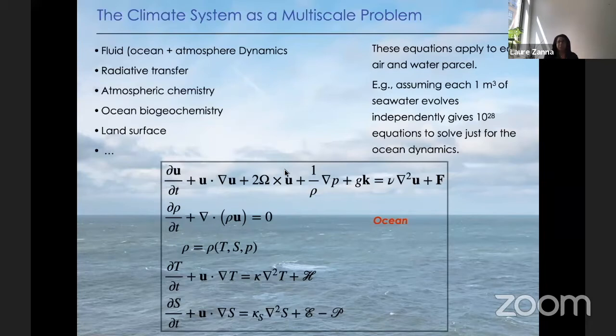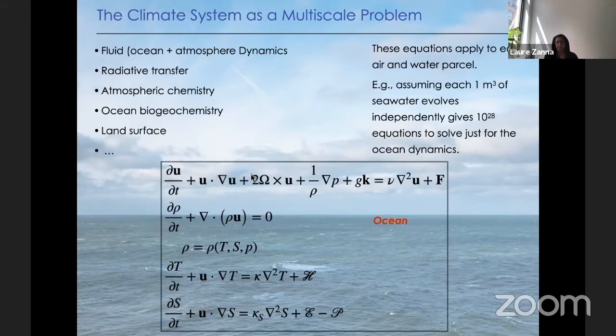Now, for the fluids part, we have the equations. So technically, if we could resolve them on the computer with all the resolution in the world, then we know how they're supposed to evolve. Of course, we can't really. Those are nonlinear equations. We don't have the computing power to actually resolve those equations from the millimeter scale all the way to the large scale, climate scale type problems that we're thinking about. So we just can't do that, right?